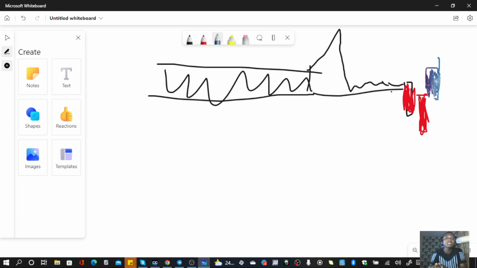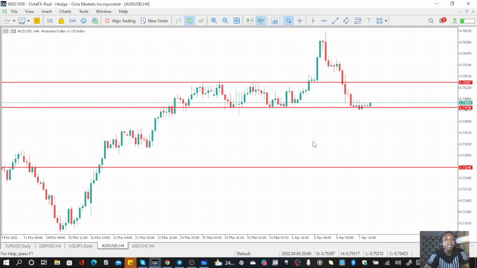All right, so that is where the market is currently, and we can only short the market when the next candle after the breakout candle closes below it. So we are expecting two things on our chart here: a breakout from this level, and the next candle to also close below the breakout. But if not, as this one is doing now, if the market decides to close above this previous bearish candle, let's say here,